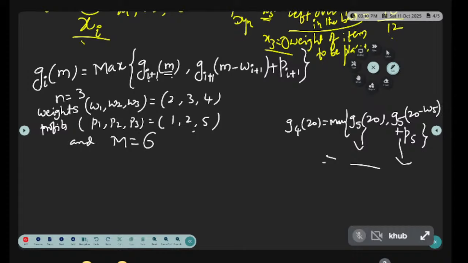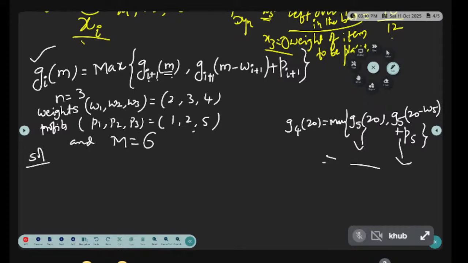So what is less than 3? That is 2. So which 2 items can be held in your bag while getting maximum profit? If you go with the last 2 items, 3 plus 4, 7 kgs, not possible. 2 plus 3, 5 kgs. Okay, 2 plus 4 is 6 kgs. So maximum profit, we try until the bag is full. So what is the profit? That will be decided by calling this function repeatedly. So the solution,